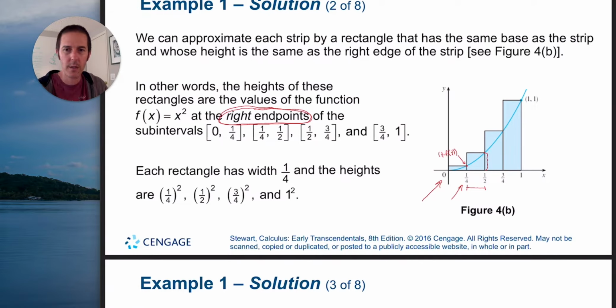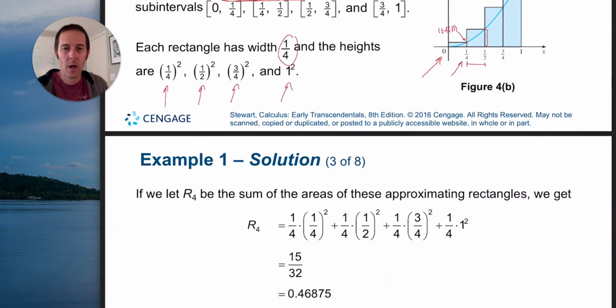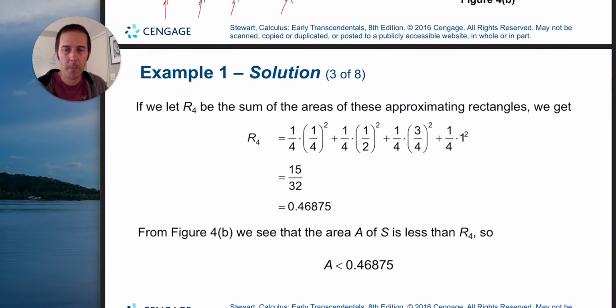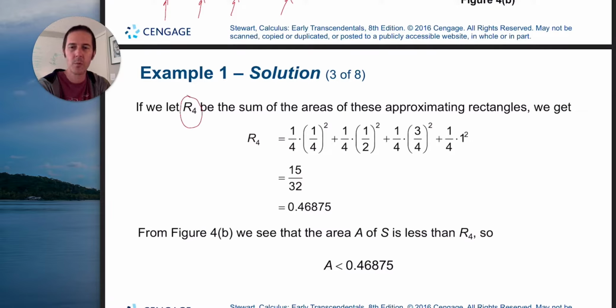And as we said, each rectangle has width 1/4. And the heights, we said we were going to take those x coordinates, plug them into our function, which is the x squared function, in order to generate the corresponding y values. A little bit of notation, since we're using right endpoints and we cut it up into 4 rectangles or 4 strips, we're going to call that capital R for right sub 4. The area of each one of those rectangles is found by taking the width, which I'm going to call delta x, and multiplying it by the height, which is,